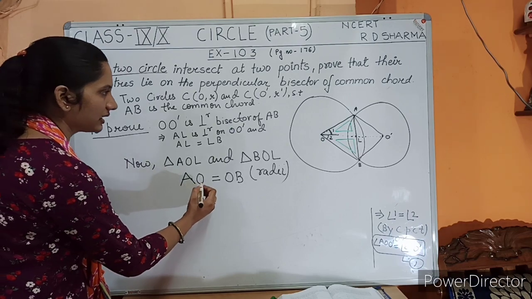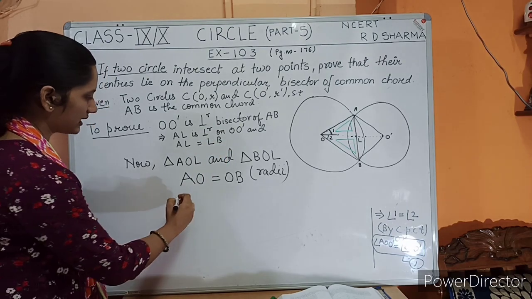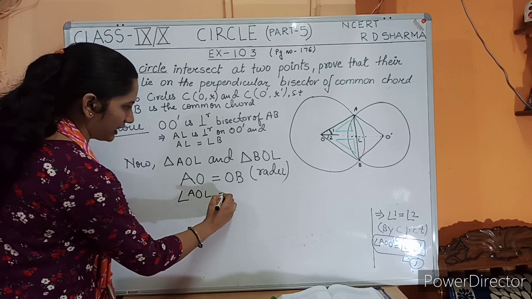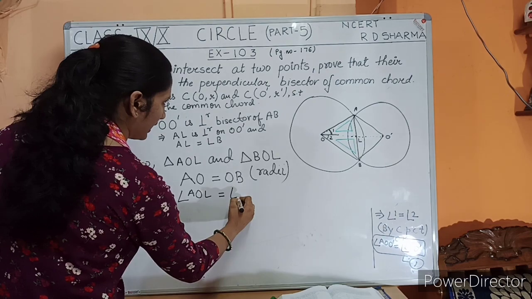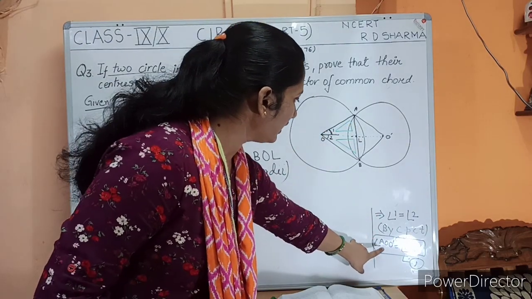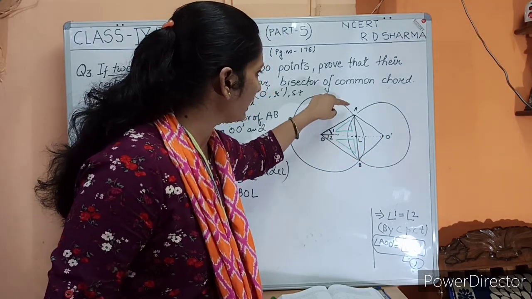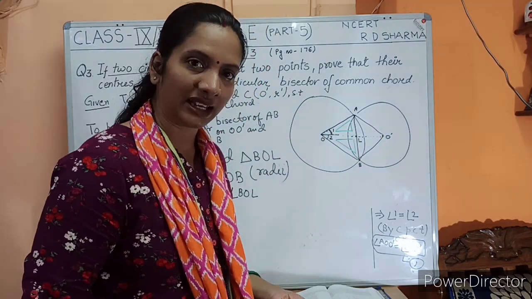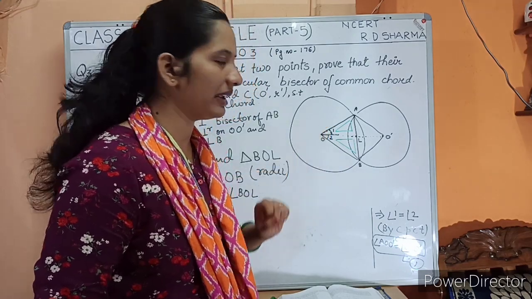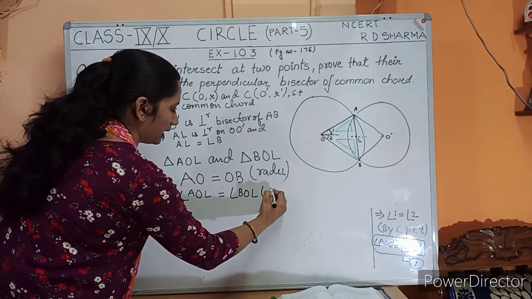The second is, you can write this angle 1 and angle 2, means angle AOL must be equal to angle BOL. Just look here. Here I have written AOO dash. So this angle can be written as AOL also. It means the same thing. मतलब AOO dash और AOL ये दोनों सेम ही एंगल है, ठीक है? So this we have already proved above.